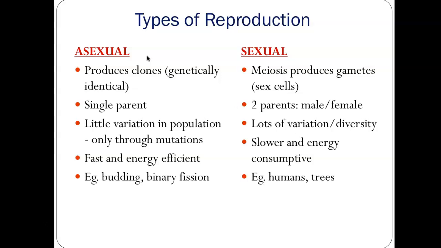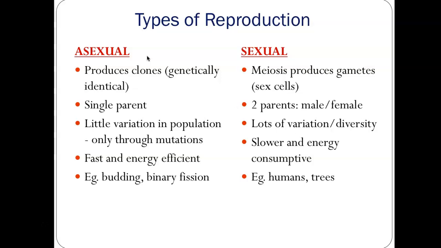All that is, a yeast cell will just split apart, or a group of cells will just split apart. Binary fission is the same with cells. So budding would be a yeast cell that just splits. Binary fission would be a bacterial cell and it just splits in half. It kind of looks like mitosis, but that's just how they reproduce. And it's usually unicellular organisms that can do that, and multicellular organisms, because yeast is a fungus.